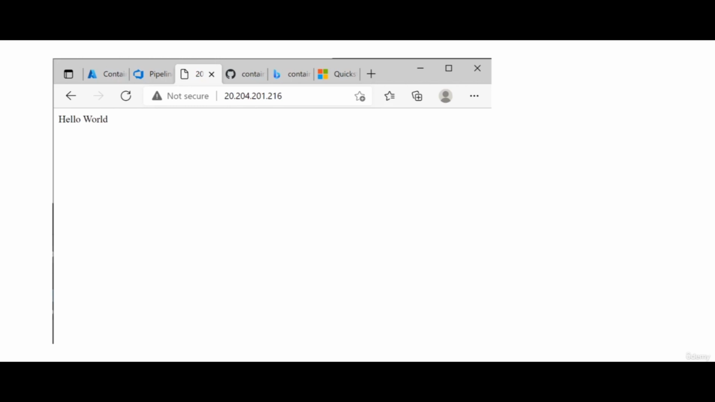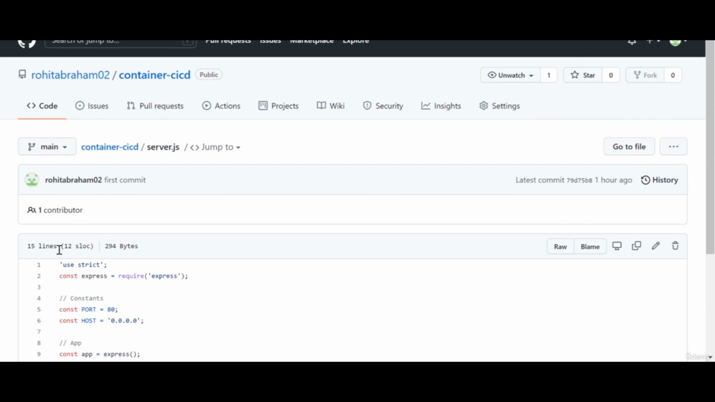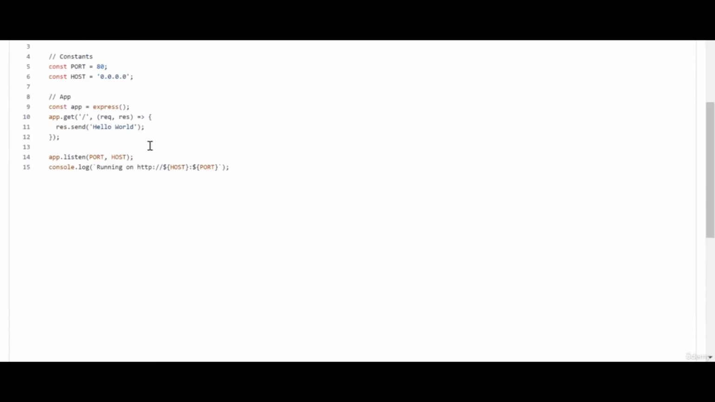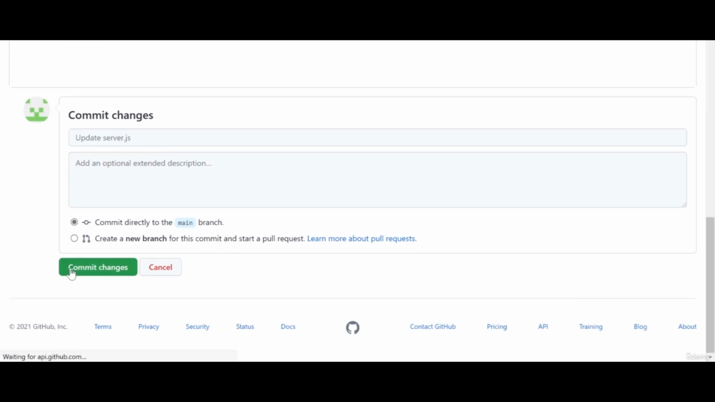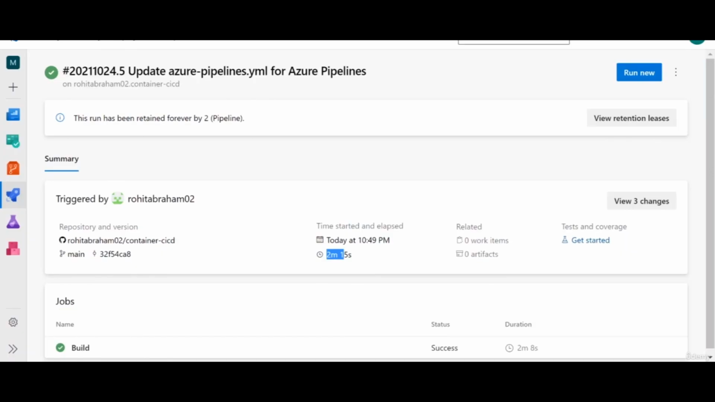So the final thing that we'll do is we'll update some change in our GitHub, and that should automatically trigger the build. So let's go back to our GitHub. So let's click on the server.js and let's edit this particular file. So let's just call this hello world version 1 and let's save this. And let's go back to our pipeline